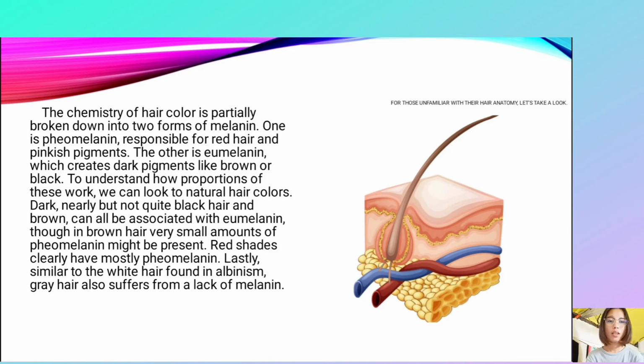Then the other one is eumelanin, which creates dark pigments like brown or black. So, right, when we color our hair, it will not turn red as in red, unless we bleach it, right? Like if we want to color it ash gray. So you cannot get one color only